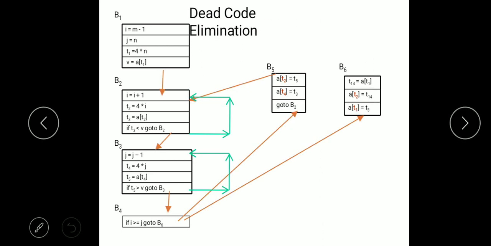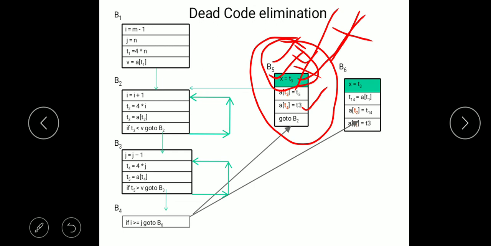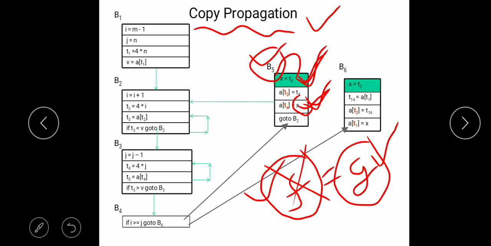Again here x equal T3 and here we have T3, so we will apply copy propagation also in this basic block. We have already replaced x by T3. Look here, here is x and we need to replace x by T3 using copy propagation.